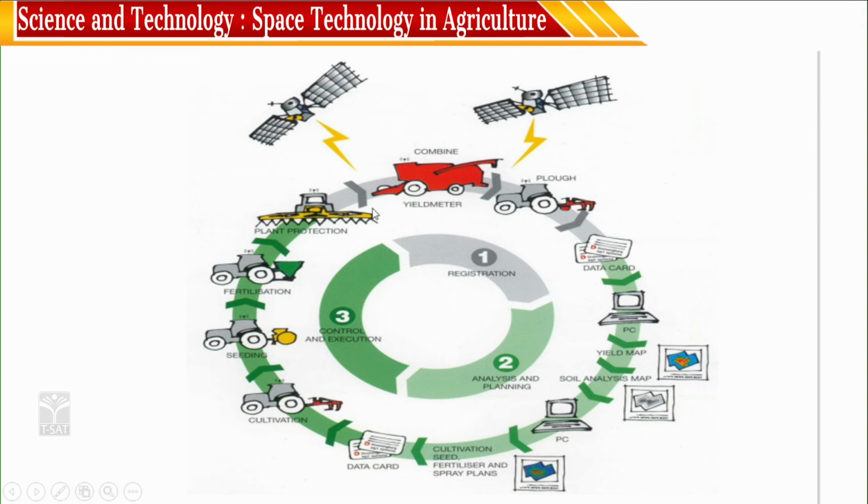Then the application of all this information is carried out in the process of harvesting: when to harvest, when to transport. So right from selecting the time to sow the seeds, the necessary fertilizers and pesticides, the type of crop and the variant of crop to be selected, when to harvest, when to transport, and the sale is a sequence of stages of support being given